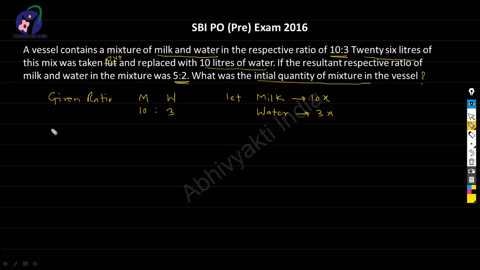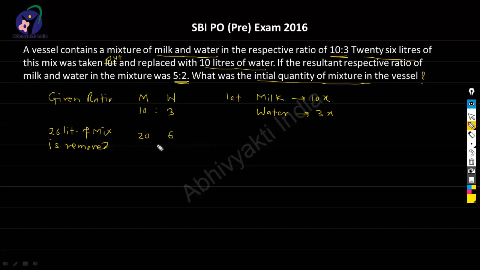And here 26 liters of mixture is removed or taken out. Then in 26 liters of mixture there will be 20 liters of milk and 6 liters